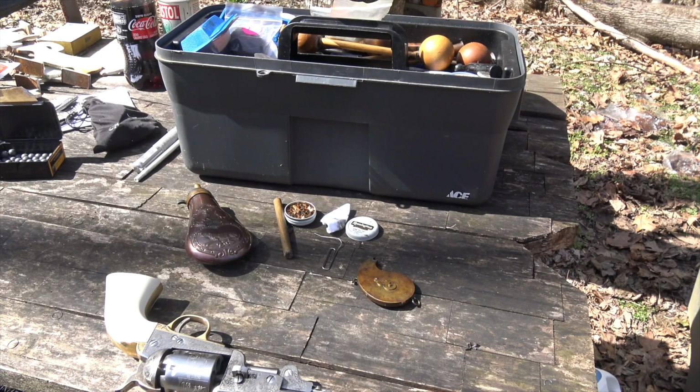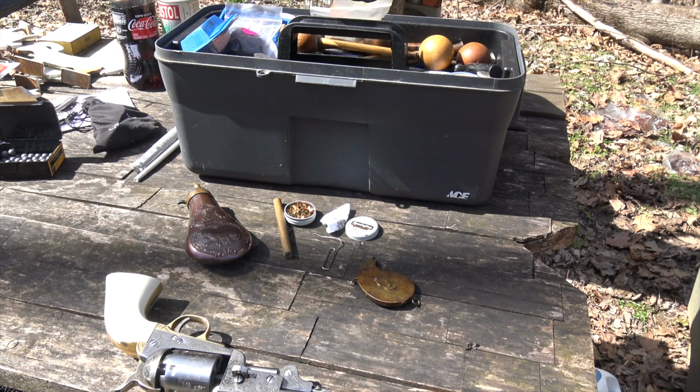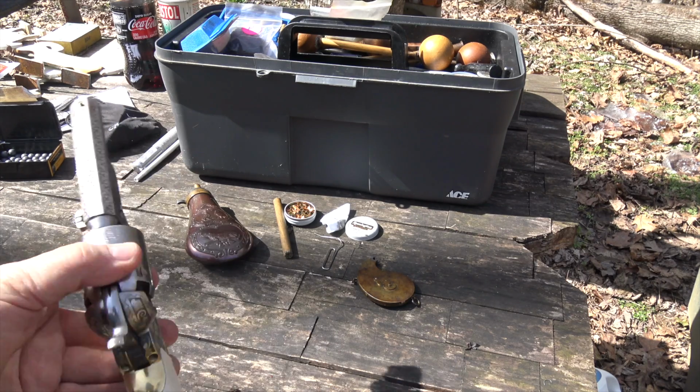You know, I've had some videos about a situation on Colt type revolvers I call cap sucking, where the hammer pulls a spent cap off of the nipple and drops it into the frame, where it then falls and squashes it flat and jams up the whole gun. And I've told you that a fix for that is to polish the face of the hammer, and particularly to deburr and defang the safety slot. Well, I want to show you kind of what I'm talking about. This gun's been pretty good,